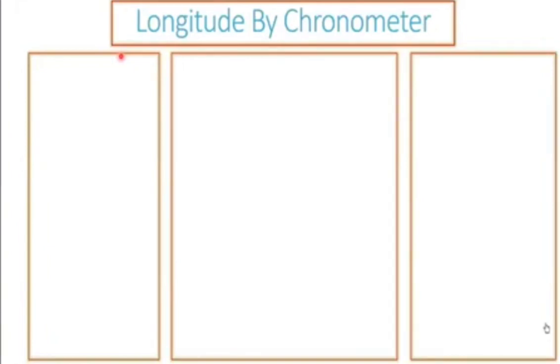So anyway, first of all, let's see what all information is provided to us in these type of questions, and what is the method, what is the formula which we use to obtain the position line. Now, first of all, let's go into the information which is provided. The info provided in these questions is the date and time of observation,